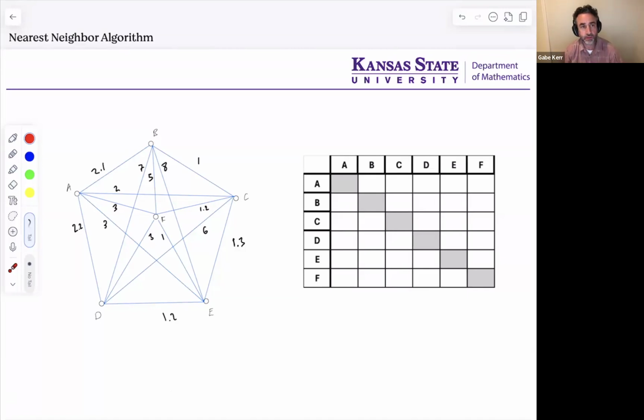Hello, everyone. So this video will talk about another algorithm to find the optimal route or Hamiltonian path. And if you'll recall, we had one algorithm last time, which was called the brute force algorithm. And the main problem with the brute force algorithm was it took a long time. So you have to go through every single possible Hamiltonian circuit, or maybe you can divide by two, but still